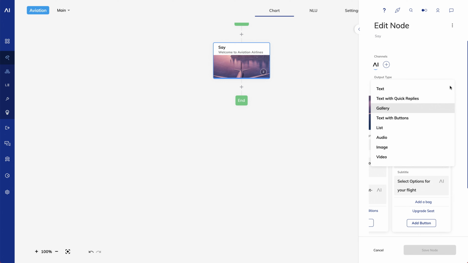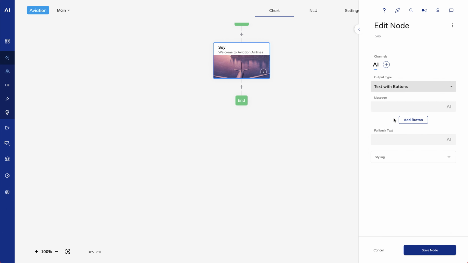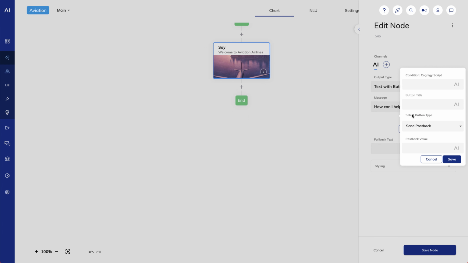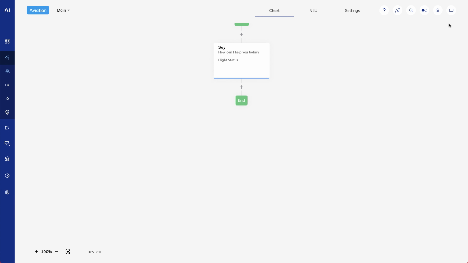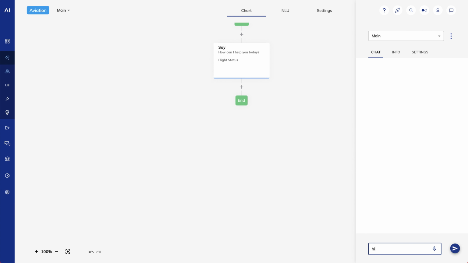Now let's take a quick look at text with buttons. These work just like the buttons in the gallery, but they have a text header instead of an image. Let's take a look in the interaction panel.